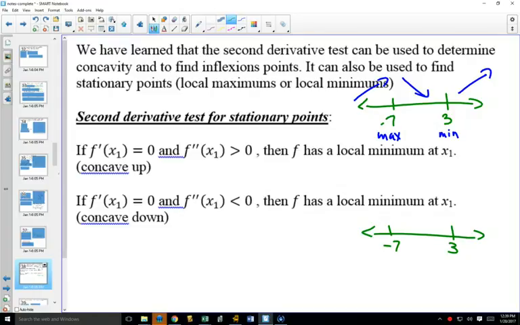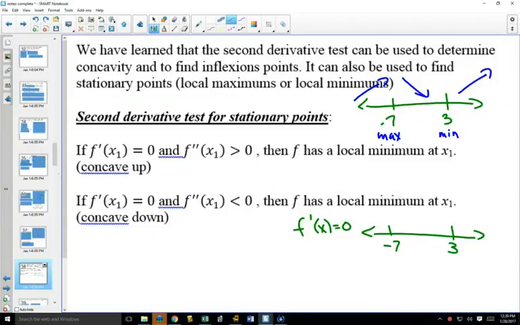And most people forget the second derivative test because you will so naturally go to making these arrows that you will already know that -7 is a max and 3 is a min from your first derivative test. But sometimes on the IB exam, they say, we want you to show that you understand the second derivative test. The second derivative test says, if you've figured out where your first derivative is equal to 0 at -7 and